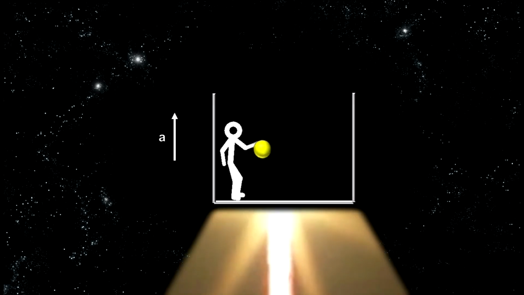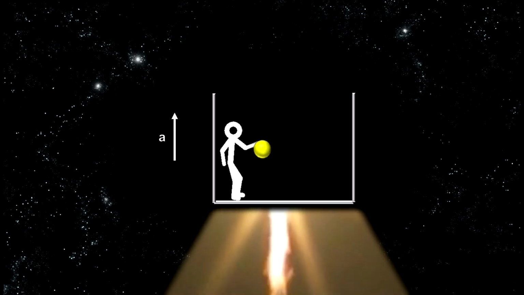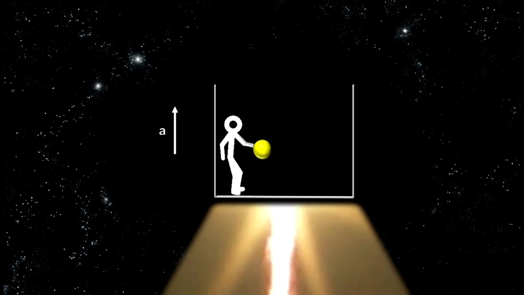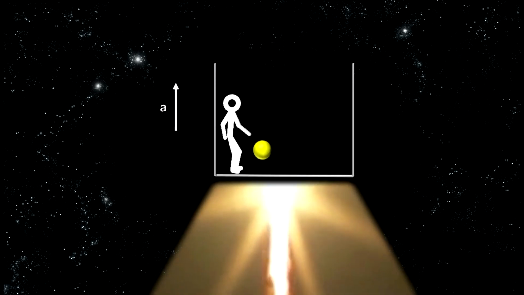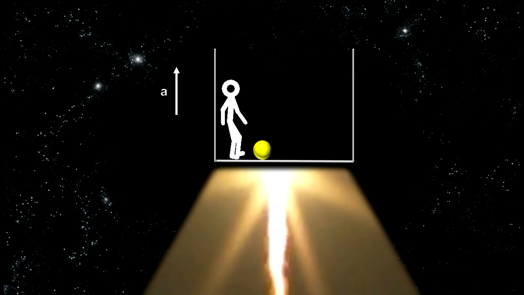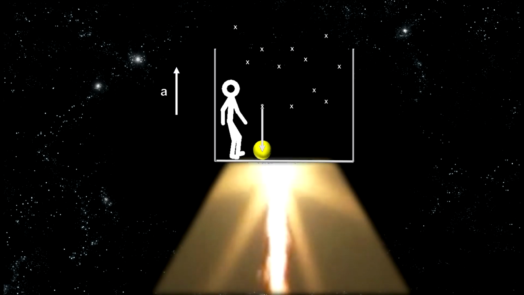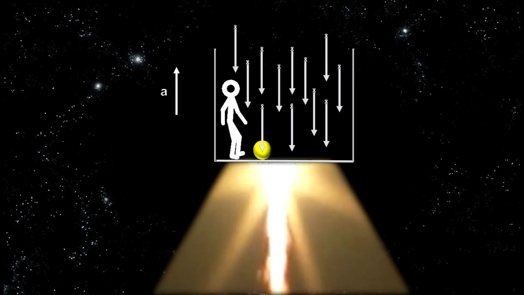Now imagine that the elevator starts accelerating at a constant rate. You will now feel a force pulling you down. Let go of the ball again. This time, it falls to your feet. No matter where you let go of the ball, it will feel the same force and fall to the bottom